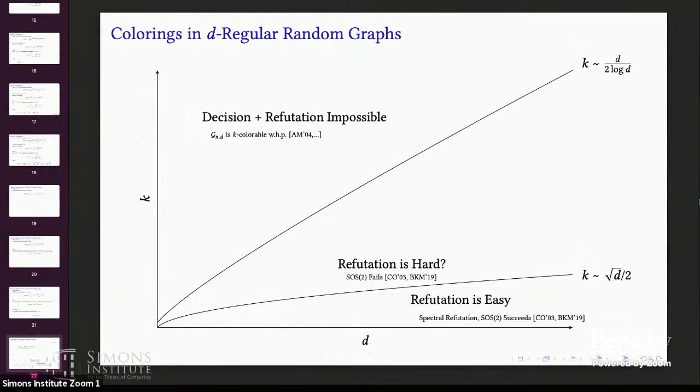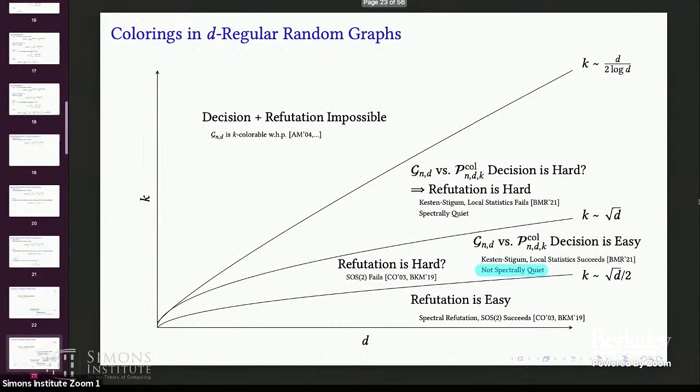And so now we actually have to start thinking about what's going on in the middle here. I promised at the beginning that we would generate some evidence for hardness of refutation by studying different decision problems with different planted models. So let's first see what happens if you take the very boring garden variety planted K coloring model, which I'll remind you the specifics of on the next slide. What happens is that when K is around root D, that's the easy-hard transition for distinguishing these two models. So above there, we think that decision is hard, which supplies some evidence that refutation is hard.